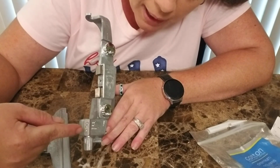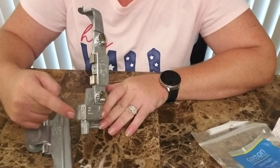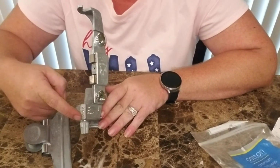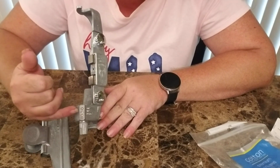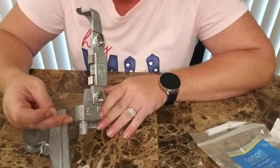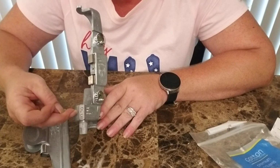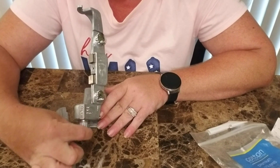This one also has a setting for the 75 105s, which a lot of people do really like, but I have not experimented a lot with that yet. So mine are set on 90, so these 2 screws, top and bottom, are run out some, and the one in the middle for 90 is run down in, so as you turn it, you get this nice little click into each